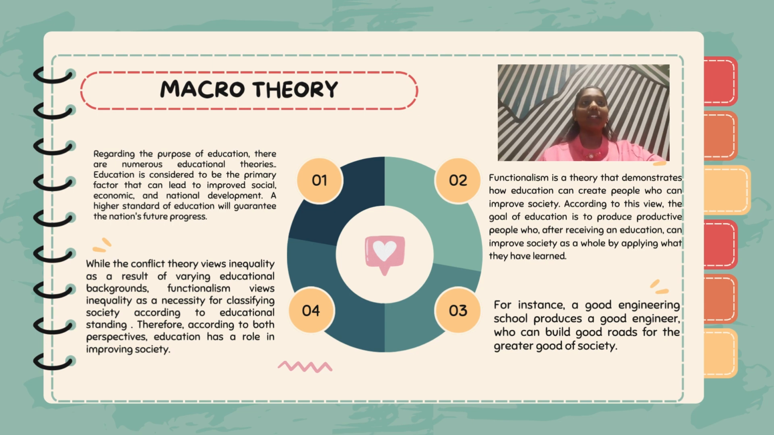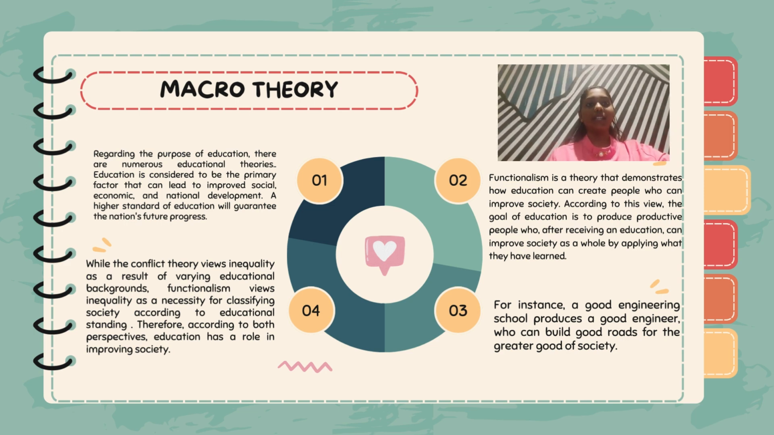Functionalism is a theory that demonstrates how education can create people who can improve society. According to this view, the goal of education is to produce productivity. People who, after receiving an education, can improve society as a whole by applying what they have learned. For instance, a good engineering school produces a good engineer who can build good roads for the greater good of